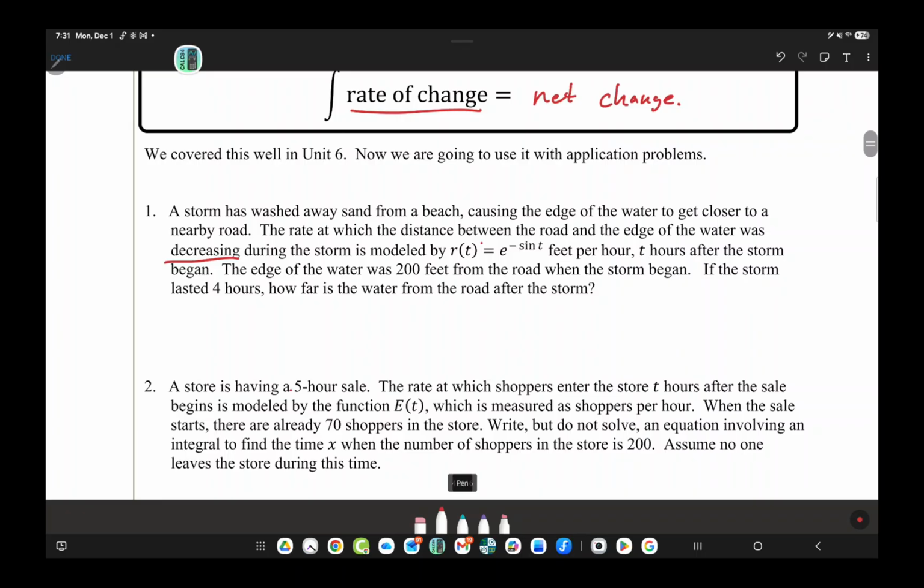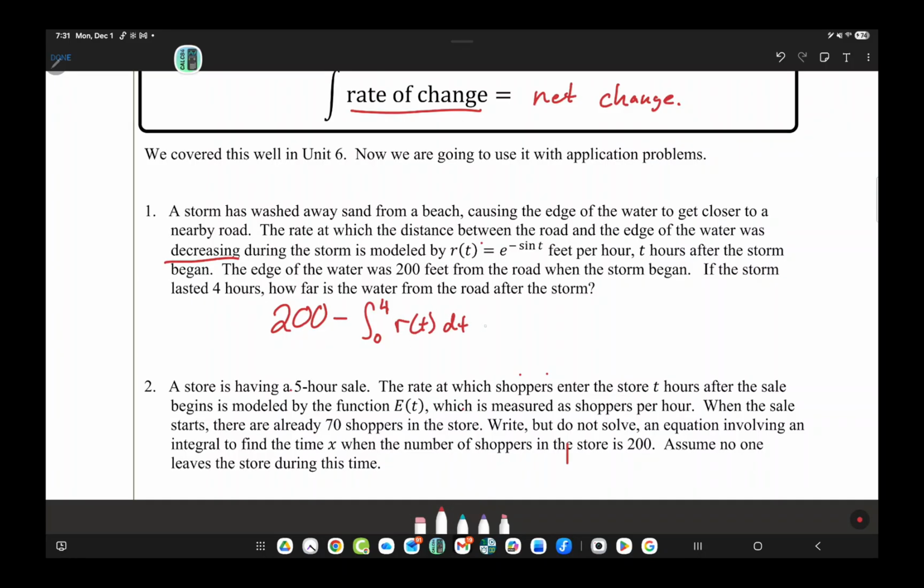So, now, first part, we are looking for the change, okay? Which means we need an initial value. Okay. What's our initial value? 200. So, 200. And since this is a rate that is decreasing, what are we going to do? We are going to subtract our integral. And since the storm lasted 4 hours, it is from 0 to 4. And again, I don't want to write the function out, so r of t dt. I keep writing f. R of t